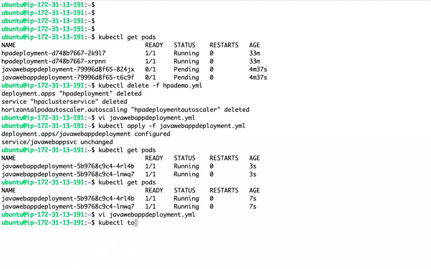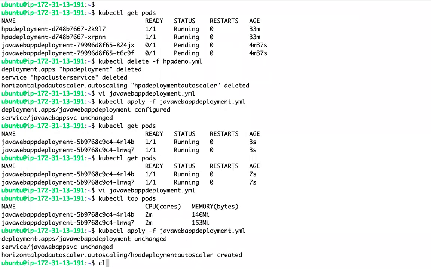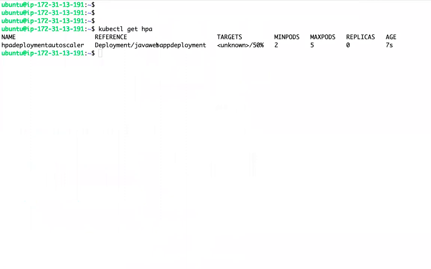Now you see it's using only 2 millicore CPU and this much memory. Now let me apply this. I will have an HPA for that application also. This HPA is for this application.